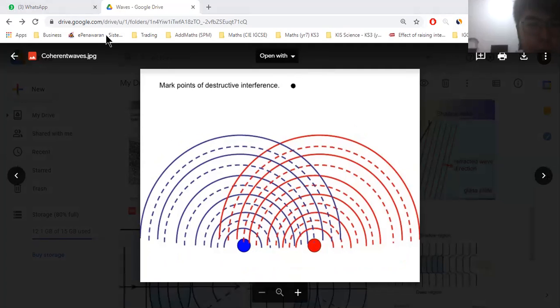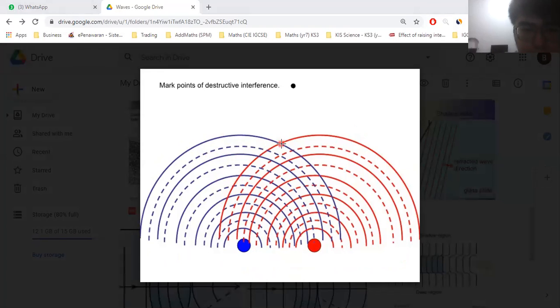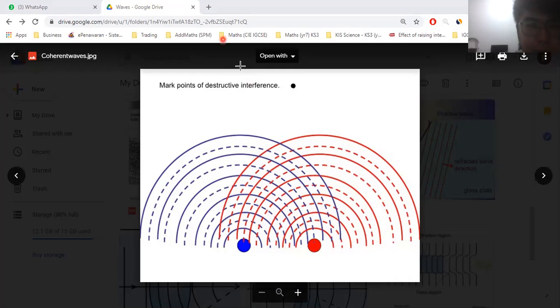OK，有一个东西我漏了啊，有一点点东西，就是当我们 mark 那个 point 的时候啊，let's say，如果你看这个图，solid line 是 crest 啊，dotted line 是 trough，OK，so this is the top view of the waves 啊，solid line is crest。OK，我们 mark constructive interference 啊，so solid line 跟 solid line，或者 dotted line 跟 dotted line 对吗？对，这样子我可以 mark 这样子。